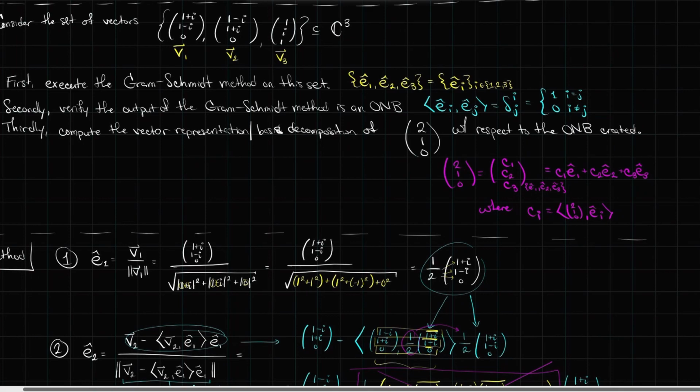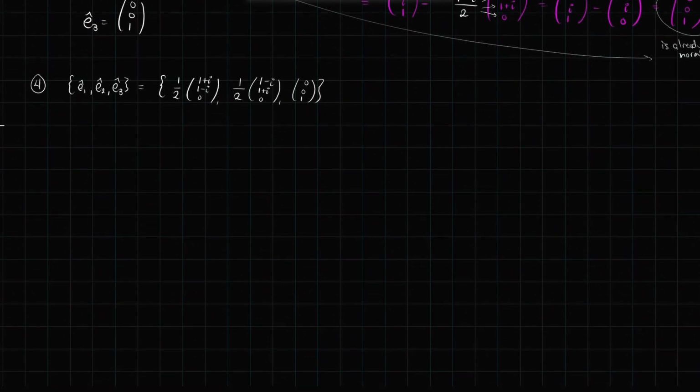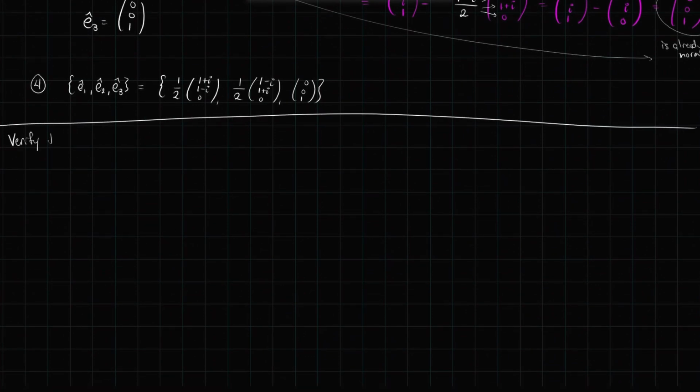The second thing I was asked to complete is to verify that the output of this method is in fact an orthonormal basis. So let's go ahead and do that. Let's verify that this set, 1/2 (1 plus i, 1 minus i, 0), 1/2 (1 minus i, 1 plus i, 0), and (0, 0, 1) is in fact an orthonormal basis. To do that, I need to compare